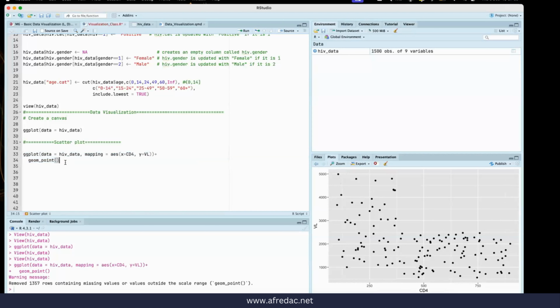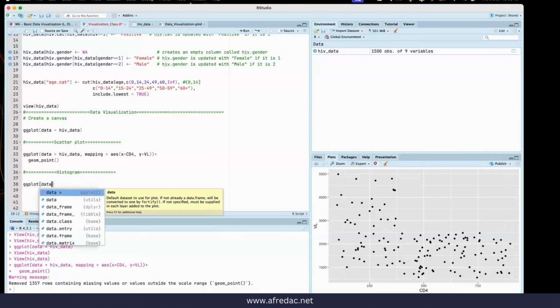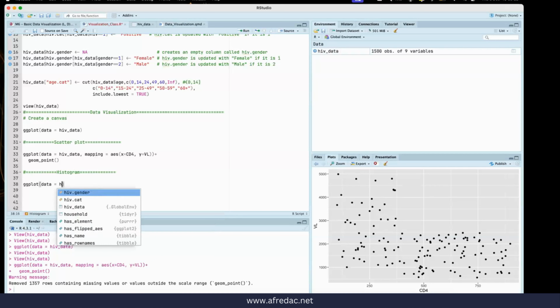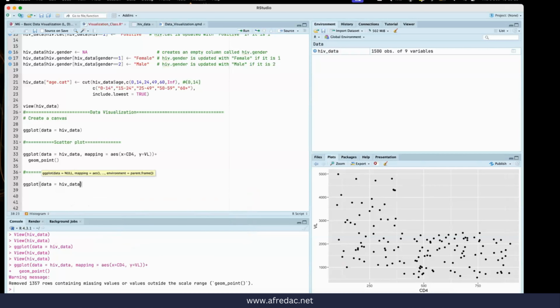But that's just a very simple plot. Let us look at another simple plot that we can do, so that we can get comfortable with actually doing the ggplot. So let us look at something like a histogram. If I want to look at a histogram, I can just say ggplot. I need to call my data, which is the HIV data. Then I need to do the mapping,